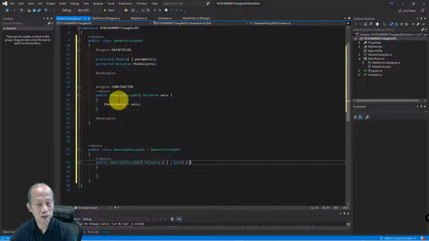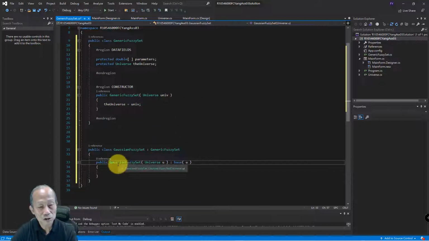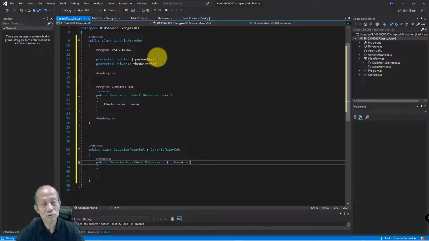If your parent only has this kind of constructor, you need to prepare your child's constructor to implicitly call the parent constructor, with the same signature. Only in this way does the child constructor invoke the parent constructor seamlessly. So that will make the child object instantiation succeed. Okay. All right. So seems like that. And how about generic fuzzy set? Usually we will,